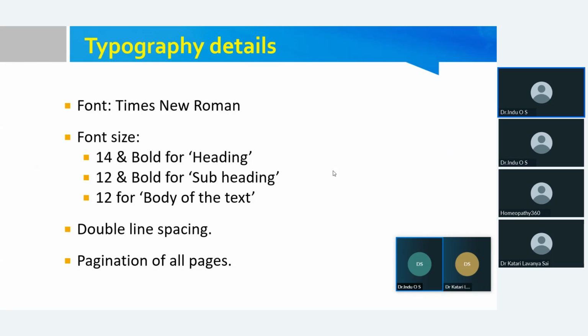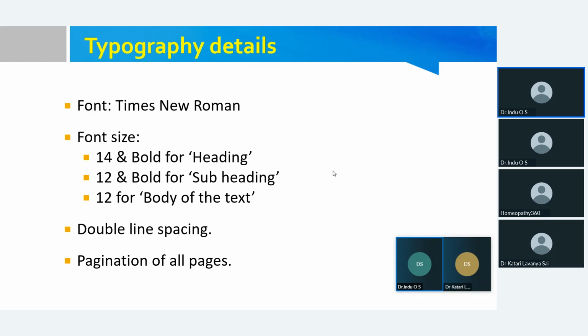You have to be very careful while writing a synopsis. Don't use italics or underline. Don't use underline in headings or in the content of the synopsis. For the subheading, you can use font size 12 as well as bold, so it will differentiate the main heading of size 14 from the subheading of size 12. In this way, we can differentiate the heading and subheading. Please don't use underline anywhere in the synopsis content or in the title pages.